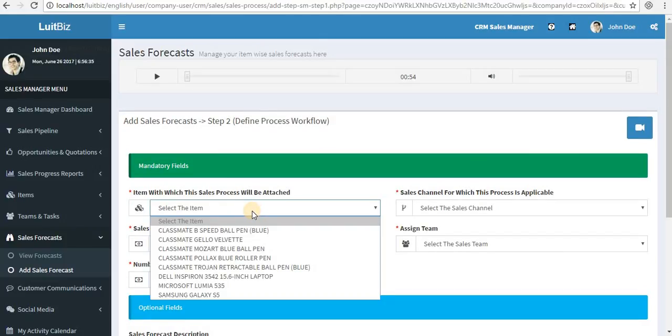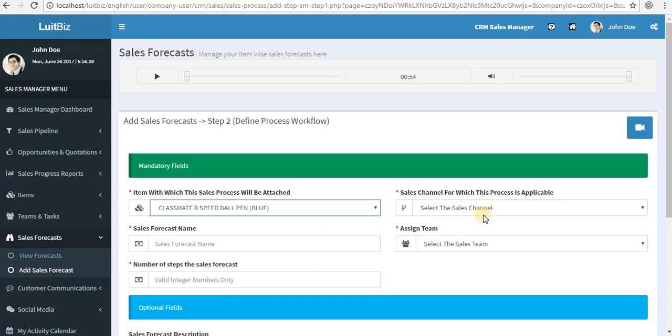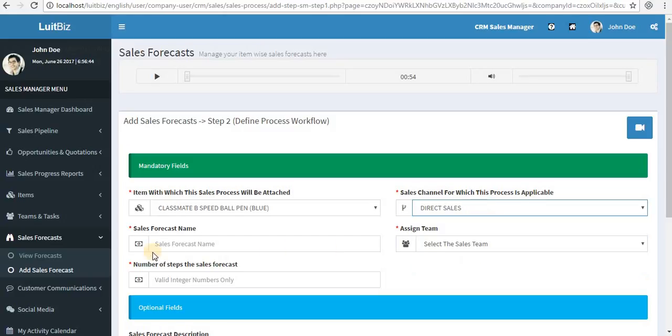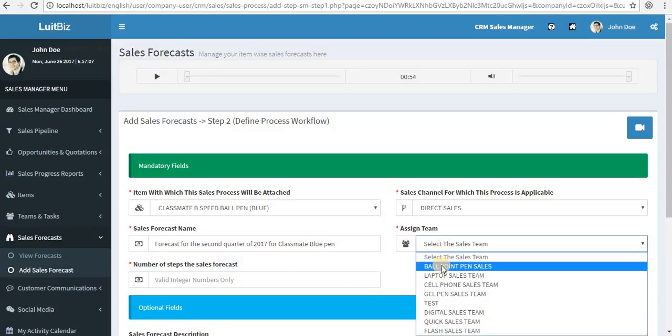Select the item of that particular company with which that particular forecast would be attached. Select the sales channel that you'll be forecasting for. Enter the name of the forecast. And then assign the team who would be actually